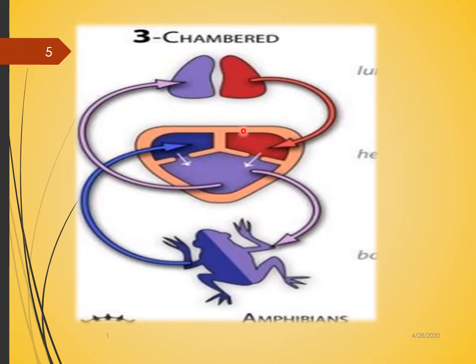Frog heart is three chambered. Frog here means all amphibians and reptiles except crocodiles and alligators. This is a frog heart. You can see here three chambers, 1, 2, 3. From this one blood moves towards the lungs for the exchange of gases. This one is the pulmonary artery, the pulmonary arch. After exchange of gases, oxygenated blood moves toward the left atrium. From the left atrium blood moves towards the ventricle. From the ventricle blood moves to the different body parts of the frog.